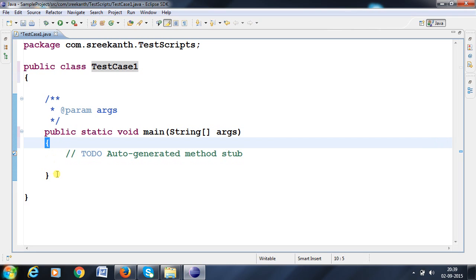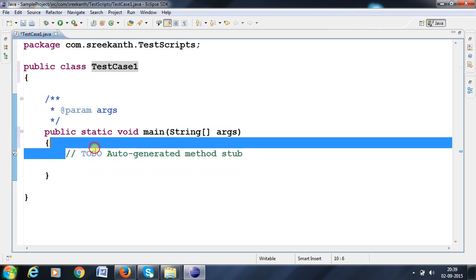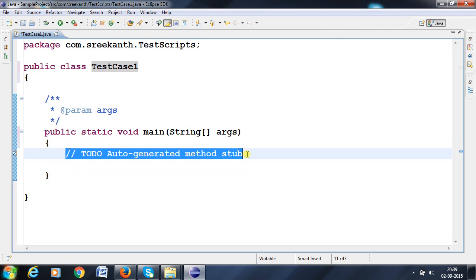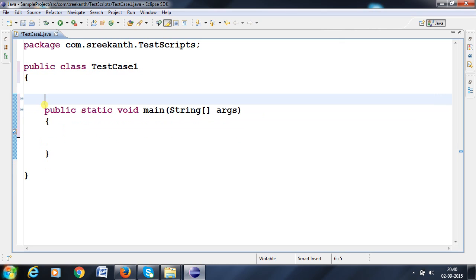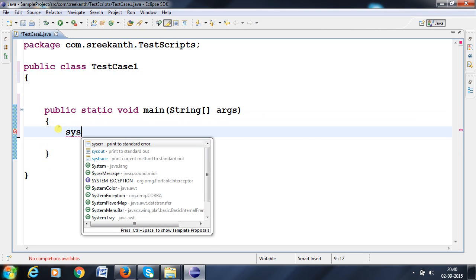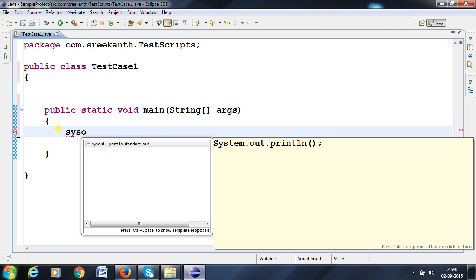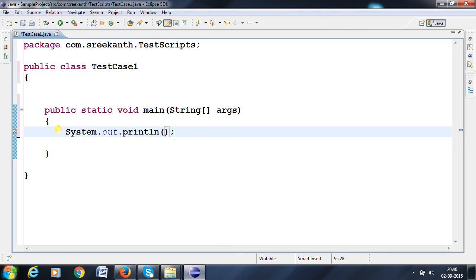Starting of the main method and ending of the main method. If you want to write anything execution related, statements within the main method only we can write. For example, I can write it here like this. System.out.println is used for printing statements only. Very clear? So for example, I can give here, hi